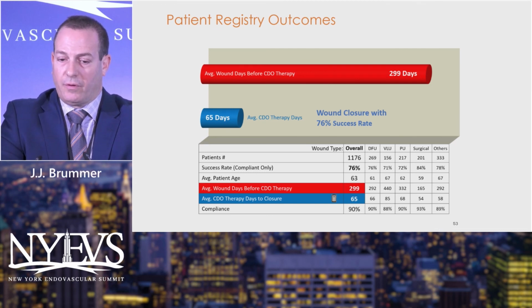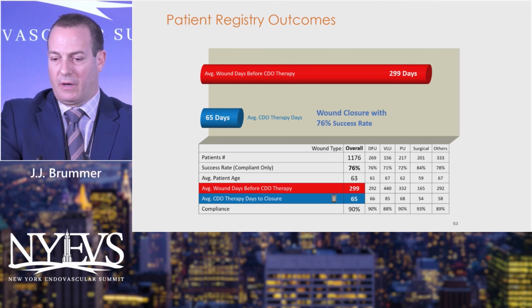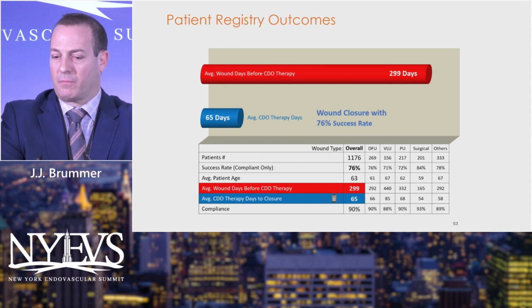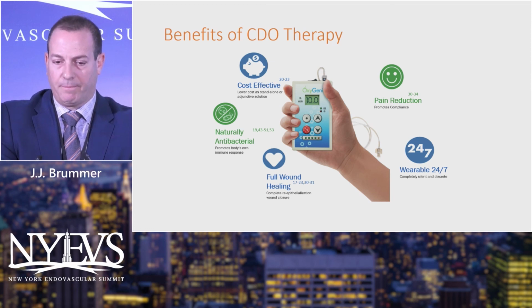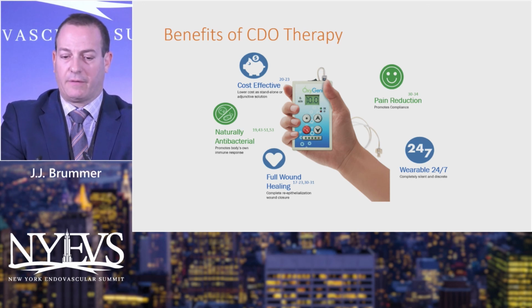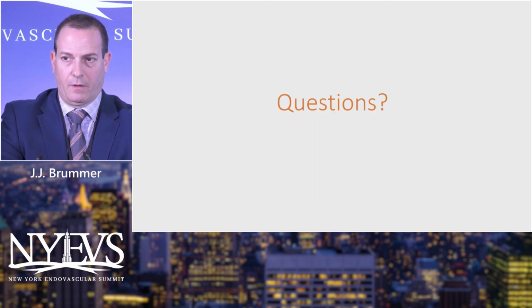The average wound before CDO therapy in the registry was 299 days. And in 65 days, as soon as continuous diffusion oxygen therapy started, we had a 76% success rate with wound closure. So here are some of the benefits of continuous diffusion of oxygen therapy. It's cost effective. There's pain reduction. It's wearable 24/7. You get full wound healing, and it's naturally antibacterial. And that is my